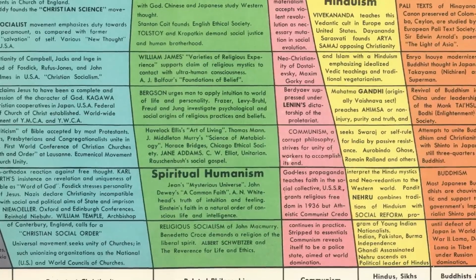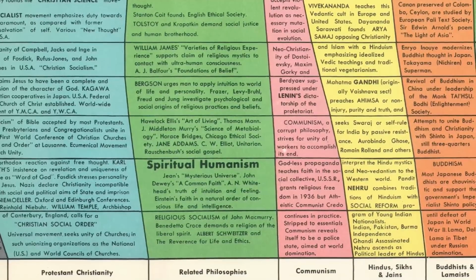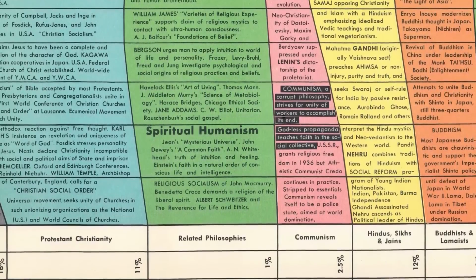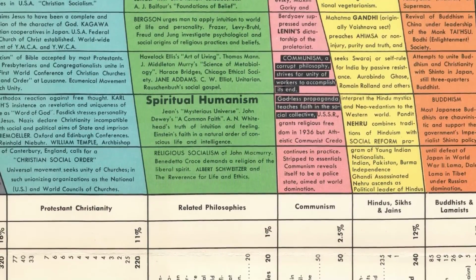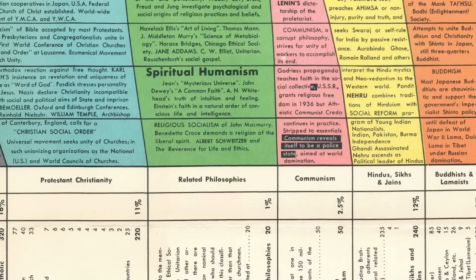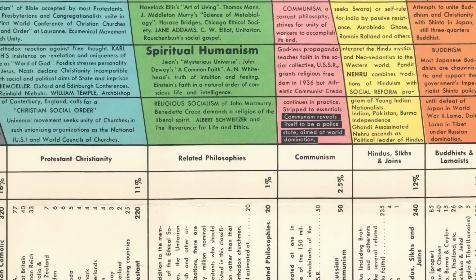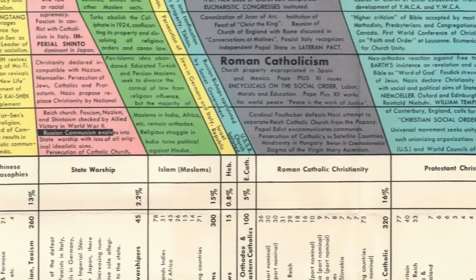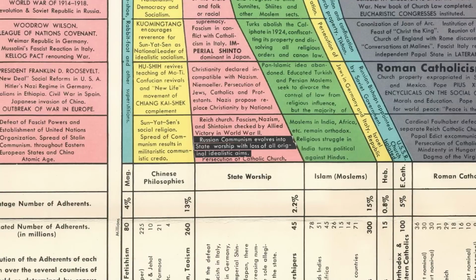I mean, Sparks makes it super clear that he doesn't like communism. He calls it a corrupt philosophy and mentions godless propaganda. He then states communism reveals itself to be a police state aimed at world domination. He also has a separate column over here that also mentions communism and ends up being called state worship. Not sure why he didn't put the two together somehow,